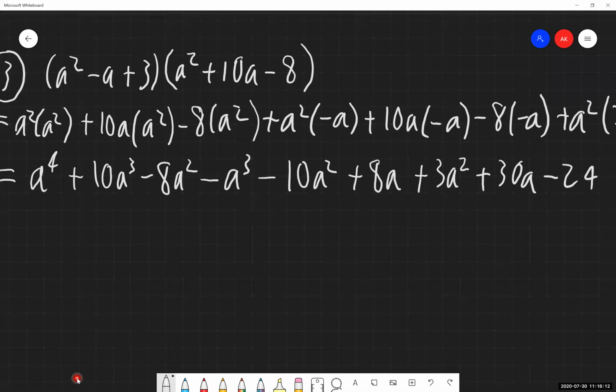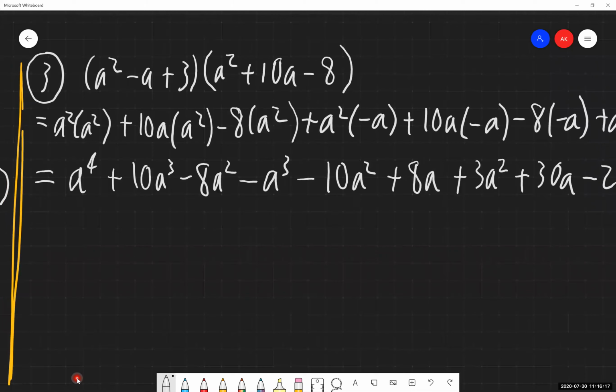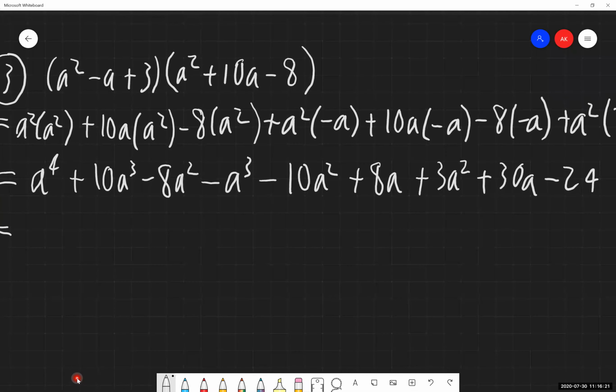So we've condensed it down a little bit. And now I'm combining like terms where I can. So I'm not seeing any a to the fourths other than our first one. A cubed, well, I'm seeing a cubed here, a cubed, that's not an a cubed, that's an a squared. It's got 3 up front though. So I combine my a cubes together. 10 minus 1 is going to give me 9a cubed.